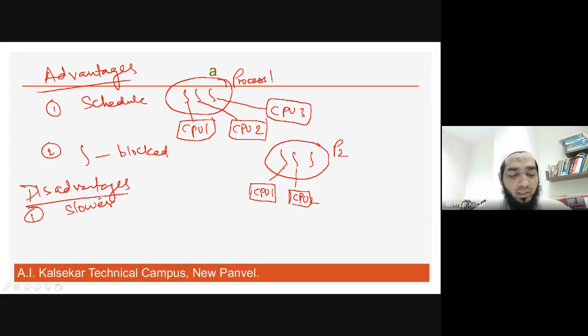It requires mode switch. If switching is done from one thread to another thread within the process. Okay, so mode switching यहाँ पर एक disadvantage है. मोड स्विचिंग अब कैसे, मैं आपको थोड़ा सा बताता हूँ. नाउ ट्राई टू अंडरस्टैंड. ठीक है,